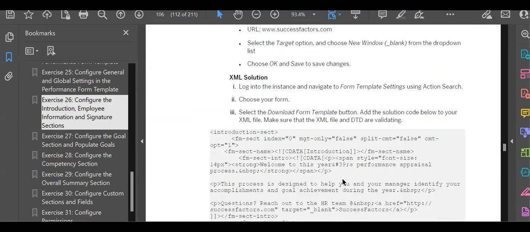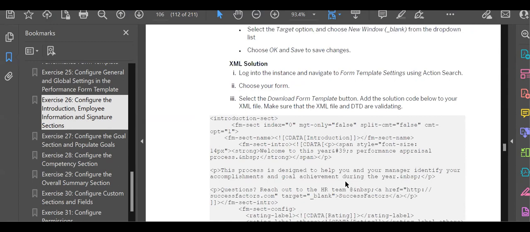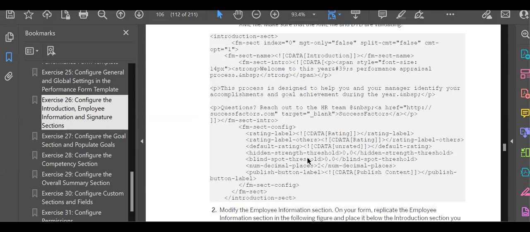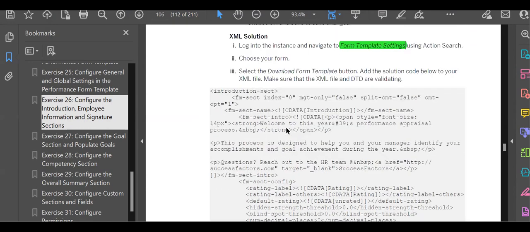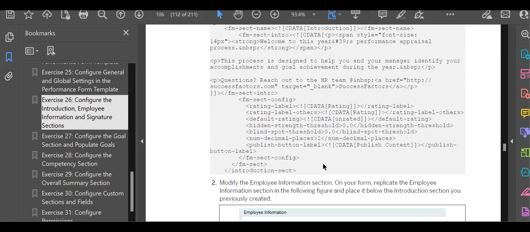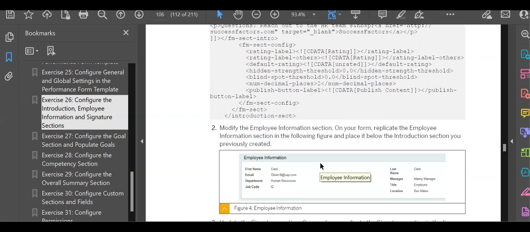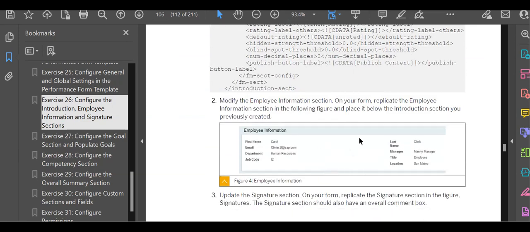Click OK and save the changes. And whenever you're doing it from your XML point of view, you have to go again to form template settings and download your XML template. And here again, what they are saying is, in the section, you have to validate the XML file there,